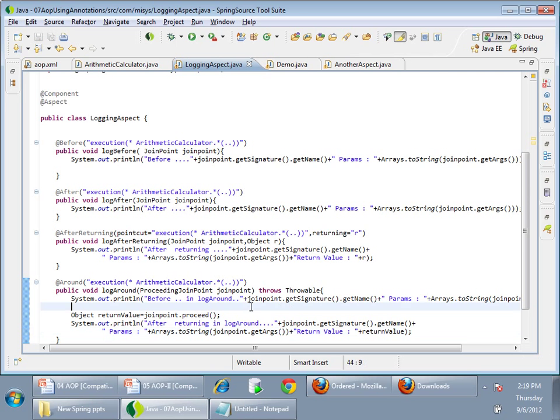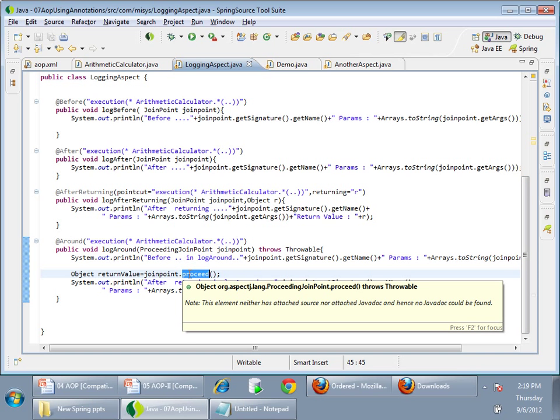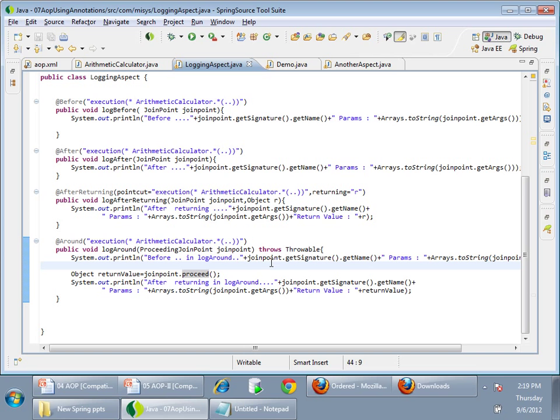Then if I want something to be executed when an exception is thrown, I could keep this in a try-catch block, right? I'm not writing it right now. It will work. Now if I run this,